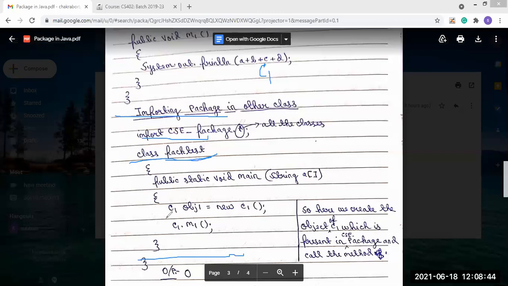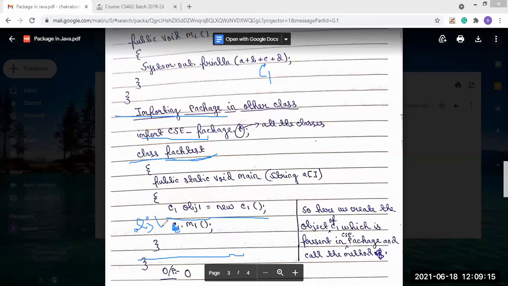So C1 object1 equals new C1. We have created the C1 object here, and through object1 we will call the M1 method.